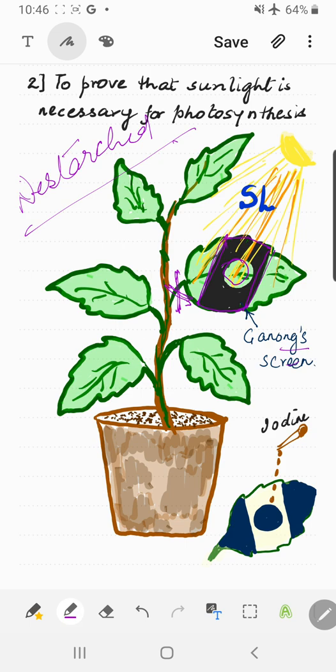What we have to do is, after removing the Ganong screen, there is a leaf in your hand. What you will do is remove its chlorophyll, right? So you de-starch the plant, and after the experiment, you have to make the whole leaf white, so that you don't know where the light was falling, where there is green color, where there is a strip. You just see the leaf white, right? So you have to remove chlorophyll. Now you already know how the chlorophyll is removed, right children? Just see the pattern here.